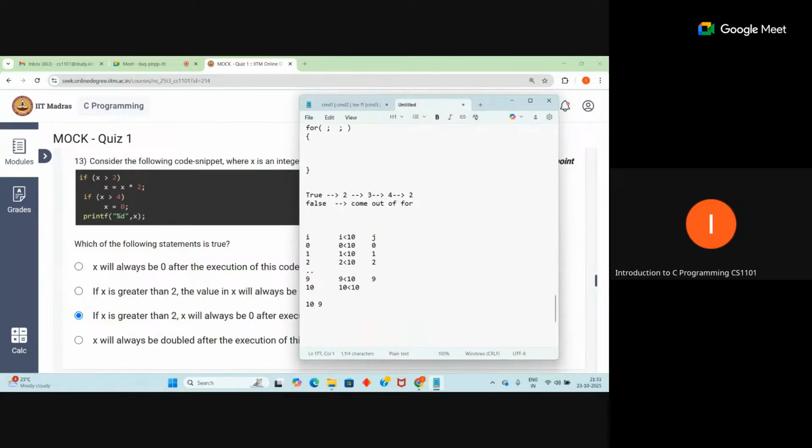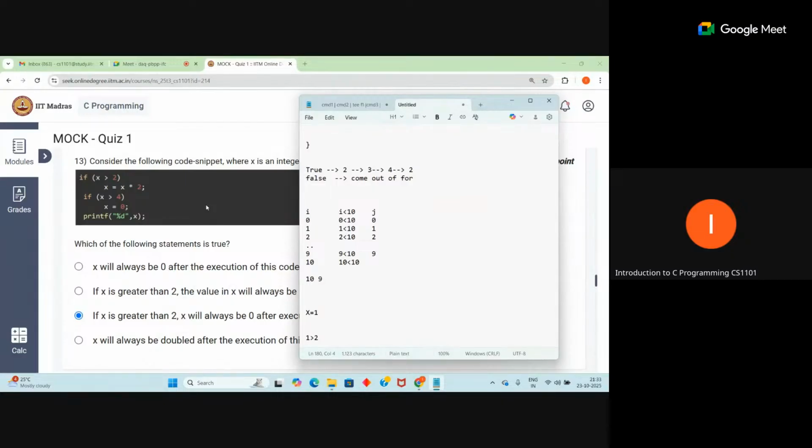We will test this by taking an x value less than 2, an x value between 2 and 4, and an x value greater than 4. We need to check all the cases. So let us take x value as 1. With x value 1, we will check this. 1 greater than 2,